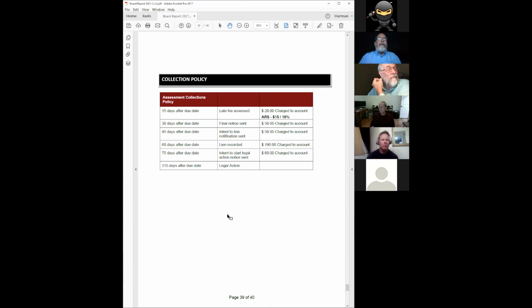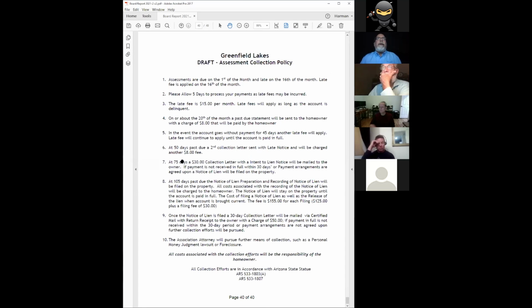And then the escalation period in this policy seems very rapid. Literally every 15 days, it ratchets up very, very quickly, which is a little unusual in the industry. But the board does make this policy. The CC&Rs allow you to put in whatever policy you think is necessary. Our policy that we're recommending on the next page is a little longer, drawn out. There's a little more spacing in between, and it does conform to all the state statutes necessary.